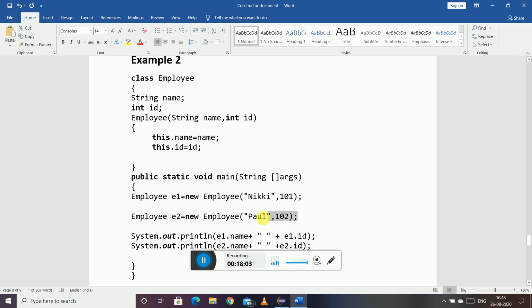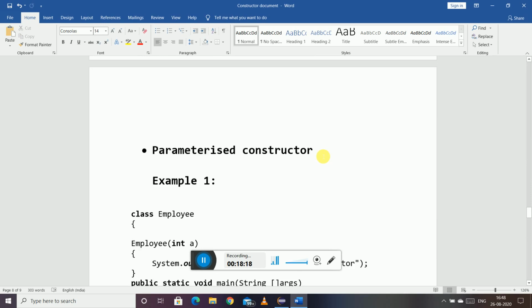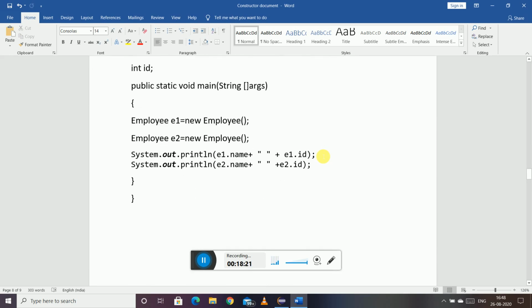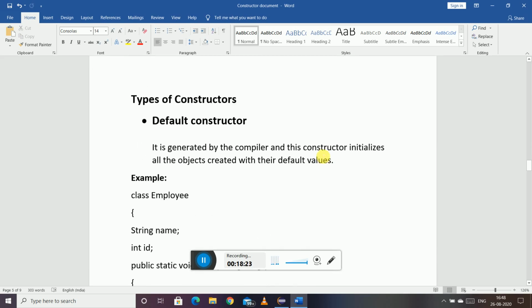Similarly, I am providing the values Paul and 102 to name and ID. Okay, so whenever the number of objects is very high. Okay, one program we forgot to see. Let's see that example.